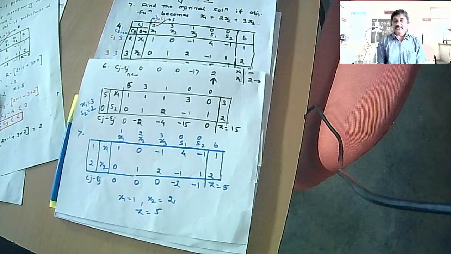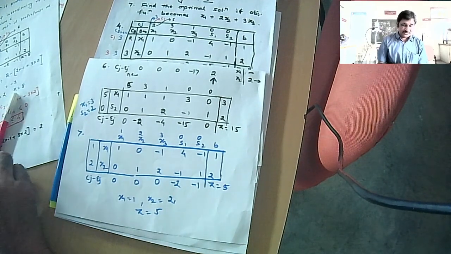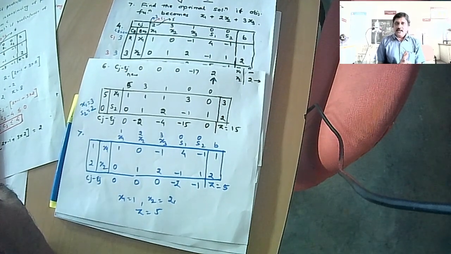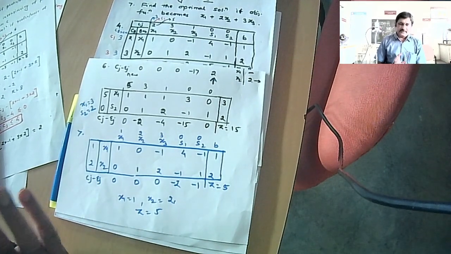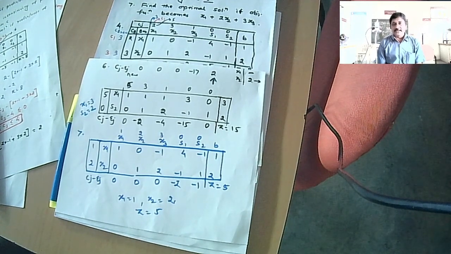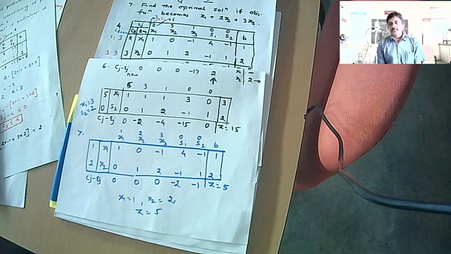In the next class we'll be seeing how to find the optimal solution if the right hand side constants of the constraints undergo certain change. And change is bound to be there. Your LPP is not a one-time job. You will be formulating it once, and the coefficients of the variables, either in the objective function or in the constraints, or the right hand side constants, will change.